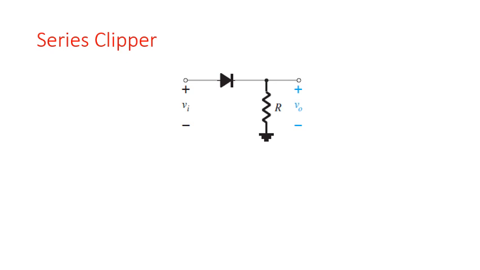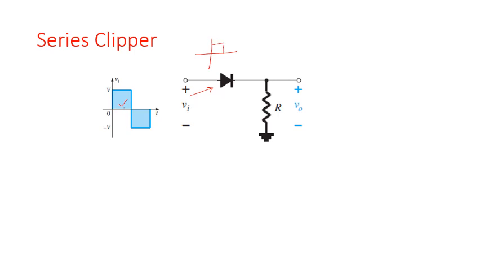To draw the circuit of a clipper, this first clipper circuit that we are studying is known as a series clipper. The simple reason being this diode, that is the clipping element, is placed in series. So suppose I take my input waveform as a square wave. Right now for the first positive half cycle, I have the positive terminal given to this end of the diode. So initially for the first positive half cycle, that is this part, my diode is forward biased. So when I have to draw the output for this part, it will copy exactly the input. So I'll get something like this.